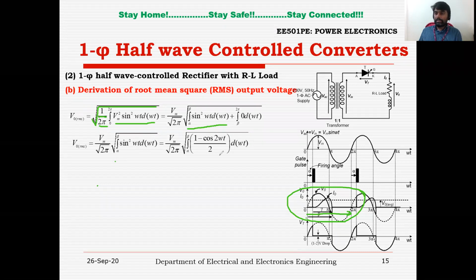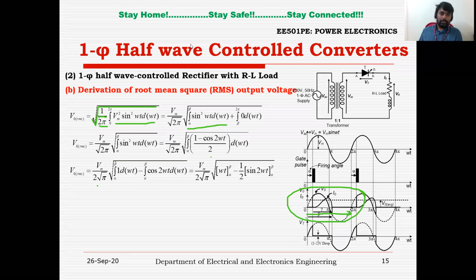Sin square omega t, you can write it as (1 minus cos 2 omega t) by 2. And you can take this 2 out of the root. So here, root 2 becomes 2 under the root. You can see here Vm by under root 2 pi, integral from alpha to beta of 1 into d omega t, and from alpha to beta the term cos 2 omega t. So I can write it like this, Vm by 2 root pi,